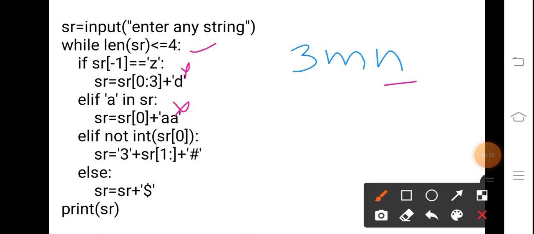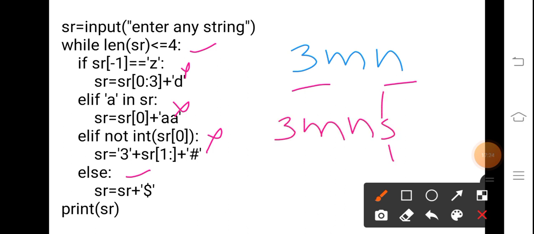Then the last one, what is happening here? SR[0] is 3. 3 is true. When we write not true, it will be false, so it will not be executed due to this. Come to the else part. What is the else doing? It is concatenating a dollar. So the answer will be 3mn dollar. This is the value of SR now.